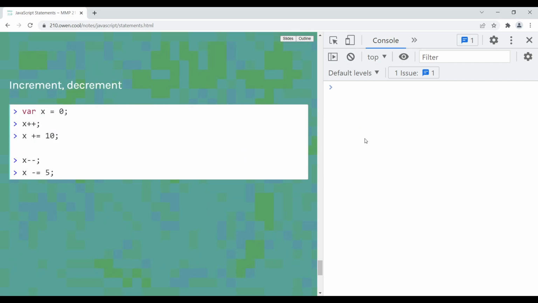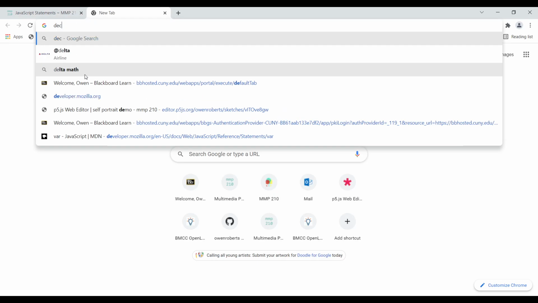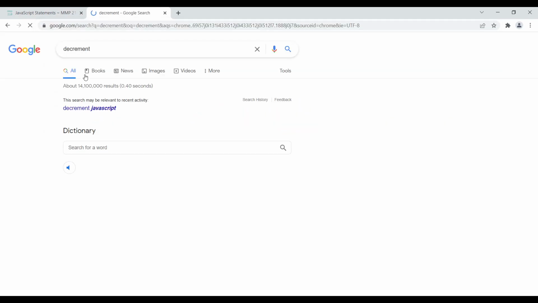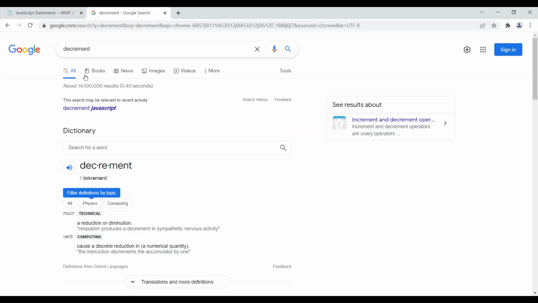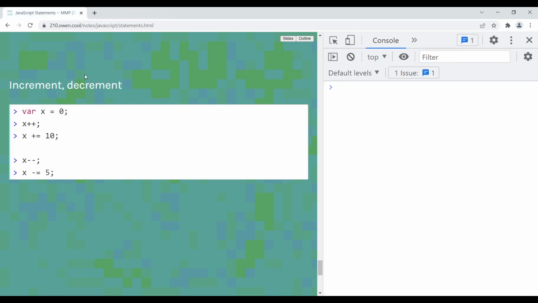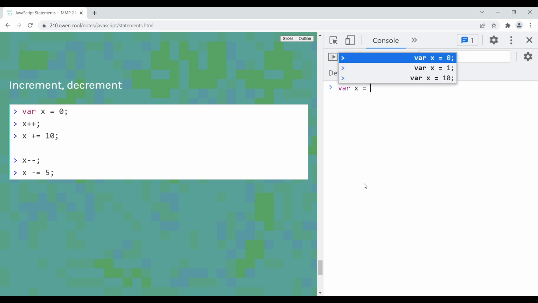Increment and decrement, we'll actually use these a lot. Decrement sounds weird. I wonder if that's actually the right word there. Saying decrement just sounds weird. I feel like that can't be. Yeah, I guess it is. Anyway, so these are shorthands for very common operations. So if I have a variable x equals 0,